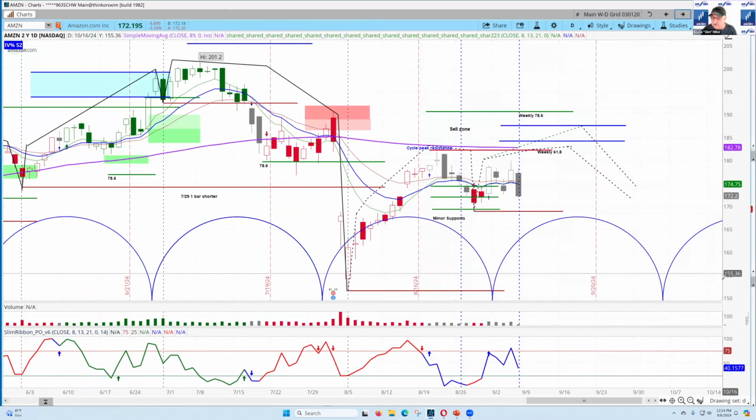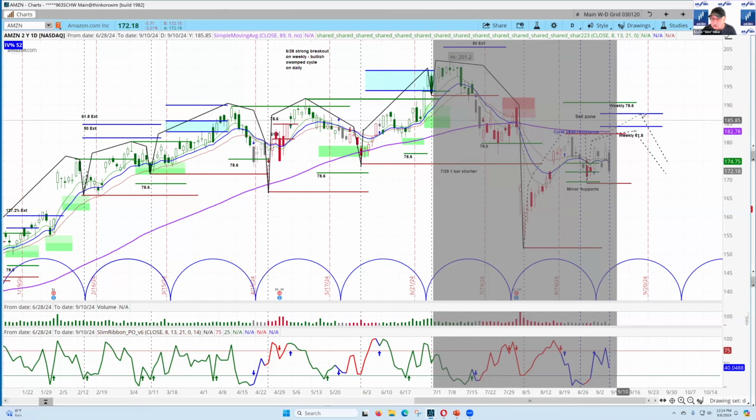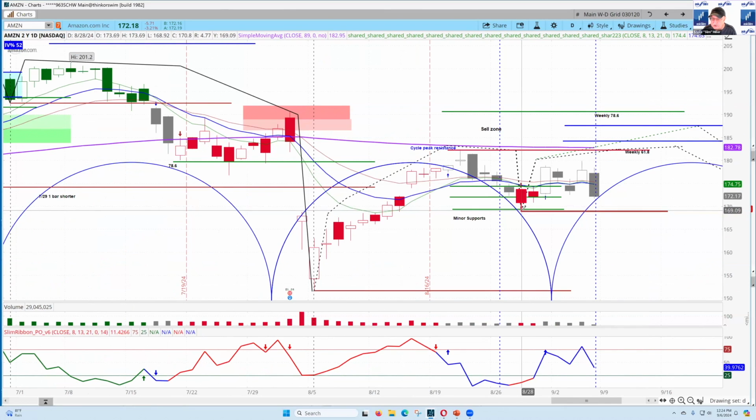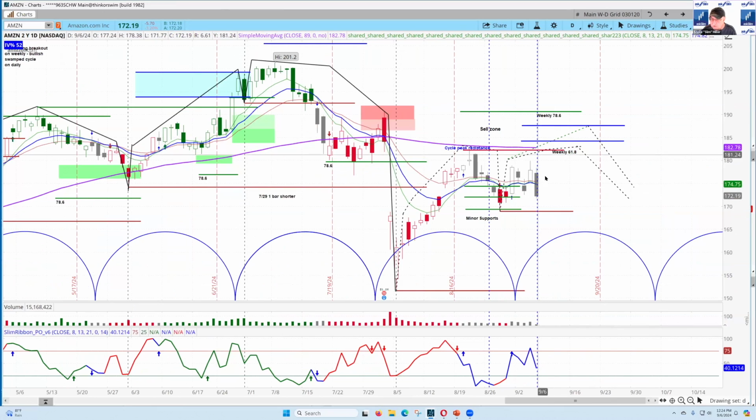The picture here is a little bit different for now. So you can see in here the same cycle rhythms, the same beautiful patterns that we've seen. And right over here, we're looking at a cycle that made its low. You had a rally and is coming down again. This looks to me like what we're going to see is we're going to see some back and fill in here, maybe another attempt to get up here to about 182 or so, somewhere in these resistance areas, and then